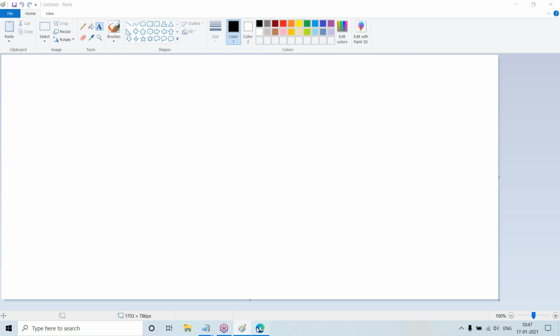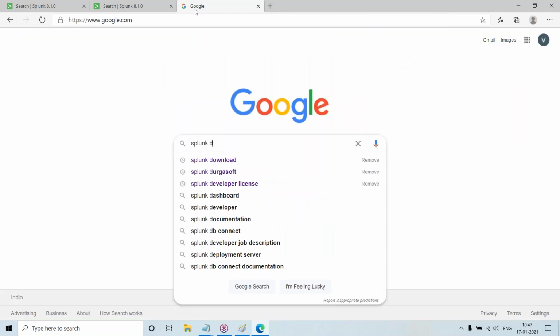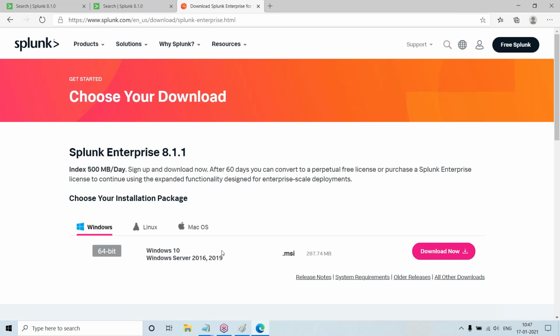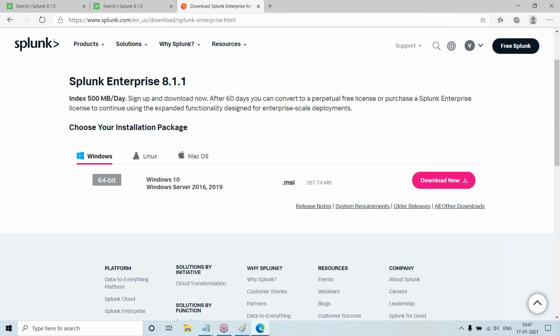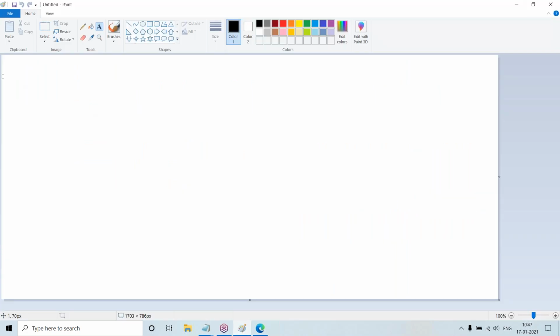If you go to Splunk, there will be two types of software. Actually, Splunk will have two types of software. If I say this one is my source machine, and this is Splunk, this I will call a Splunk indexer.